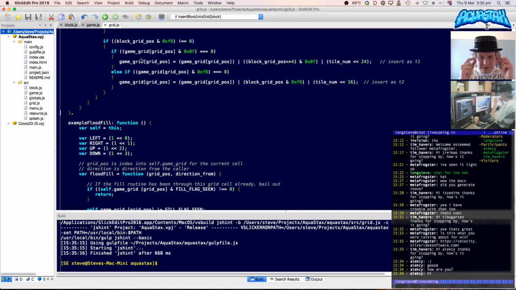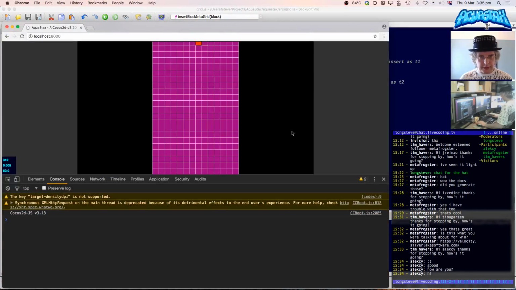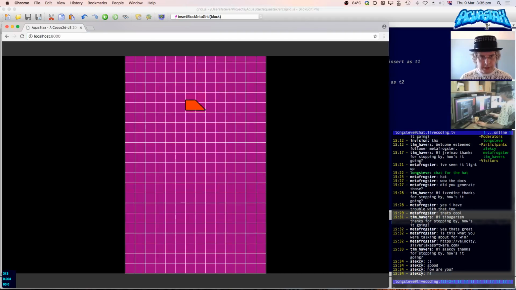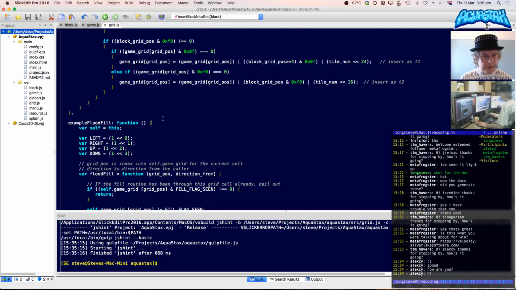See, my development workflow has subtly changed now that I've changed my JSHint, so it actually displays things properly in the window. I'm not ignoring it now, and it's kind of good. Anyway, so now we've got a dropping block. Yes, and other blocks. So now let's adjust the flood fill so that